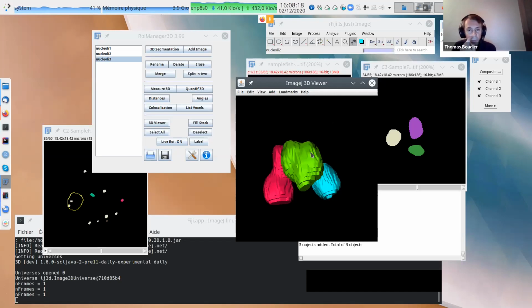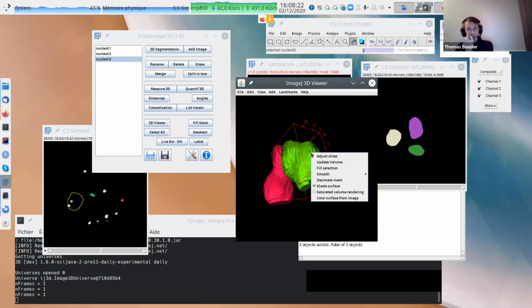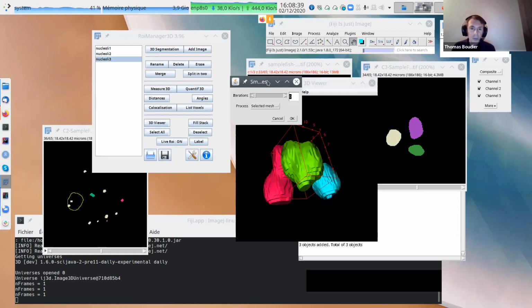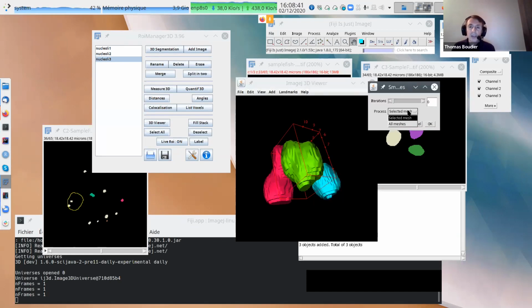The idea is to choose one object, right click, and then you have smooth. Usually I use smooth control. Right click on object, smooth control, and then process all meshes, since we want to smooth all the objects.